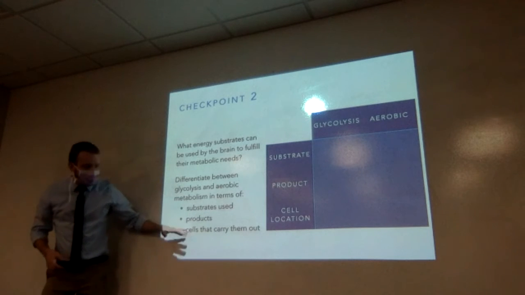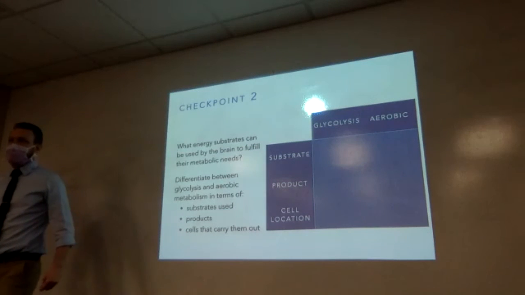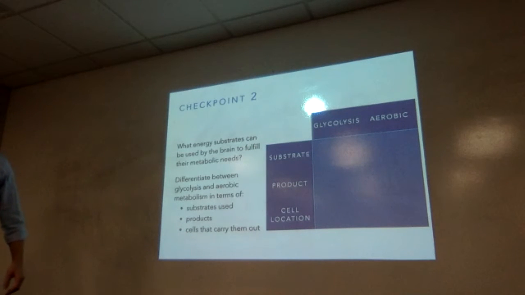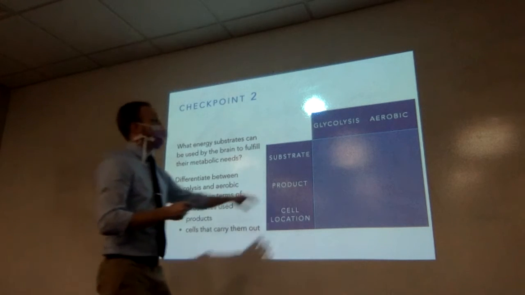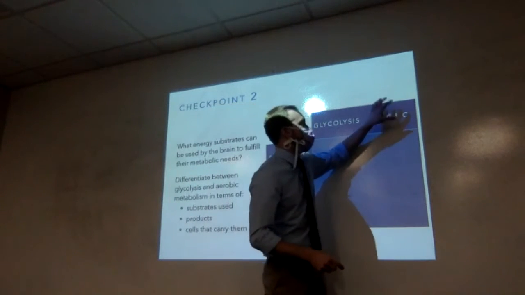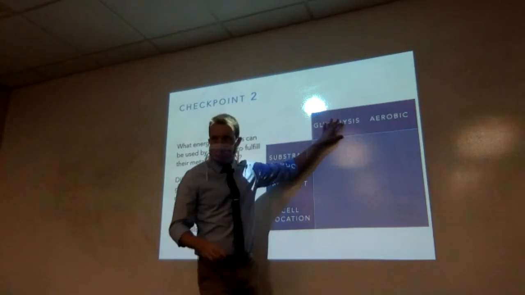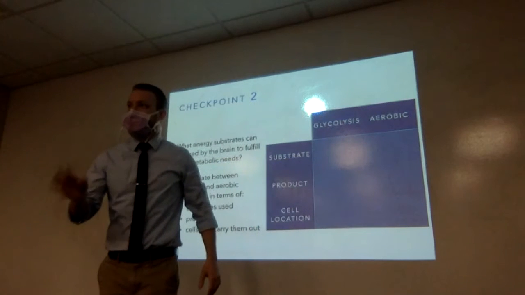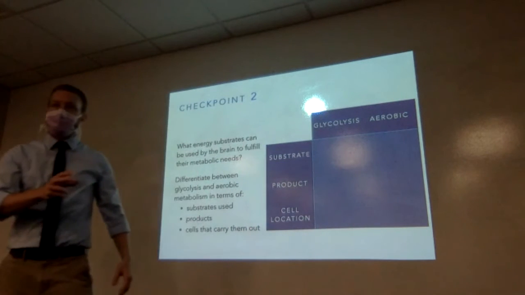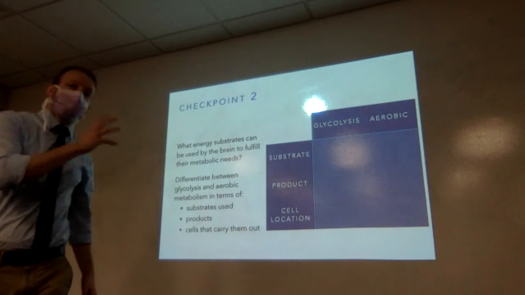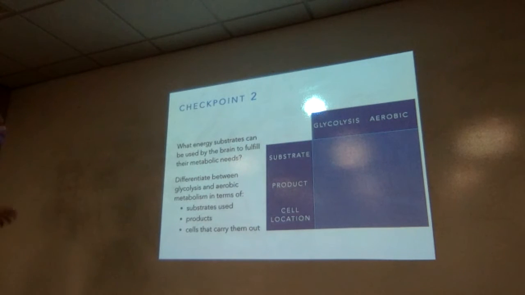And then we have a division of labor in the CNS. So certainly both astrocytes and neurons can carry out both of these, but it seems that there's a bit of disparity between them in terms of how much glycolysis they're doing relative to aerobic. Of course, they're both still living cells that can do both of them. But it looks like one tends to do more glycolysis and the other tends to do more aerobic, and that should make a whole lot of sense.